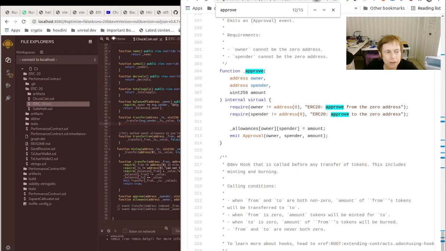So let's have a look here. Let's do that first. So we're taking a spender. So let's do this and get rid of this because it's not going to like that. And what we're going to do is we've got the